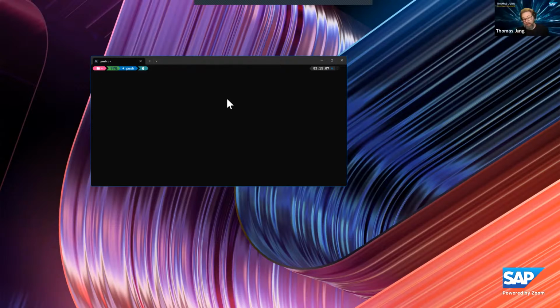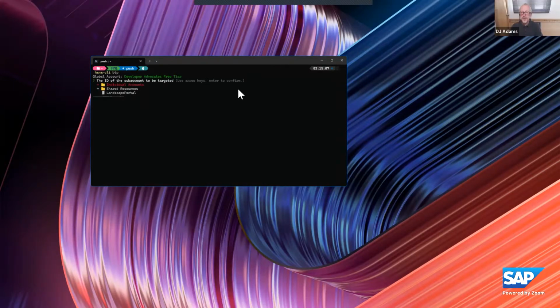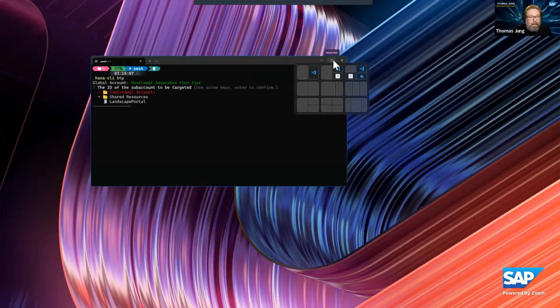Well, I'm going to launch my Build Code environment, but I'm going to start here from the command line instead of launching from the BTP cockpit. So I'm going to use the HANA CLI to first check which BTP environment I'm targeting.